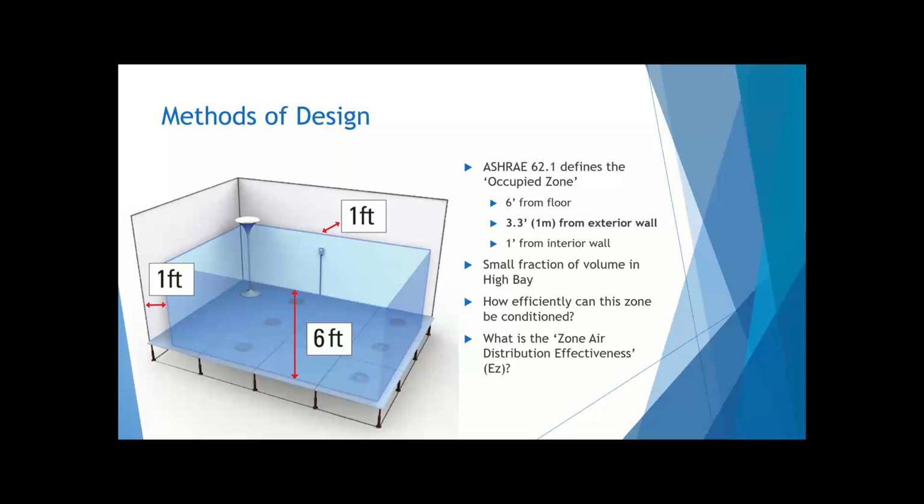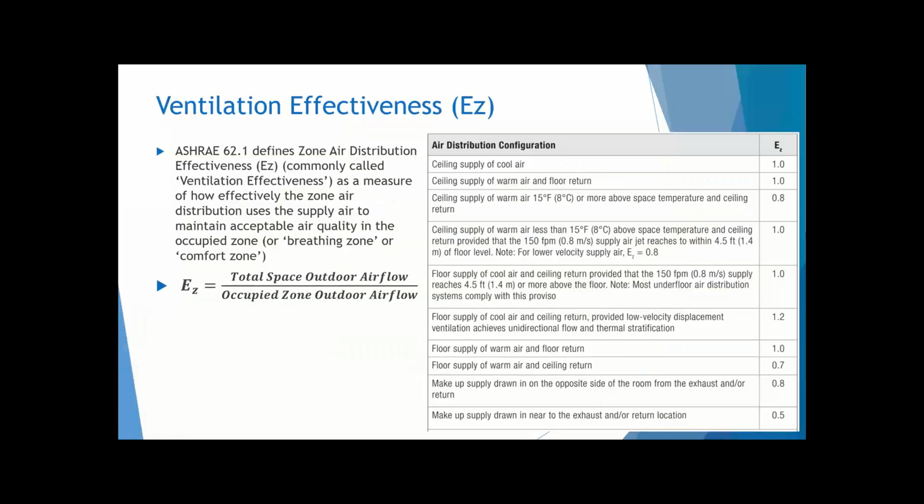And then more importantly, what is the zone air distribution effectiveness? That's the long version of ventilation effectiveness. It's a measure of how effectively that zone air distribution uses the supply air to maintain acceptable air quality in the occupied zone. And that's defined by ASHRAE 62.1. It's really just a ratio of your total space outdoor airflow divided by your occupied zone outdoor airflow. So when we look at this table, also in ASHRAE 62.1, you'll see that the top 3,